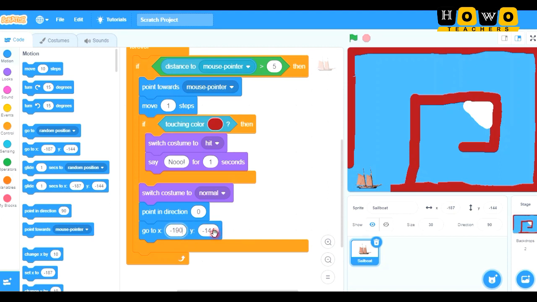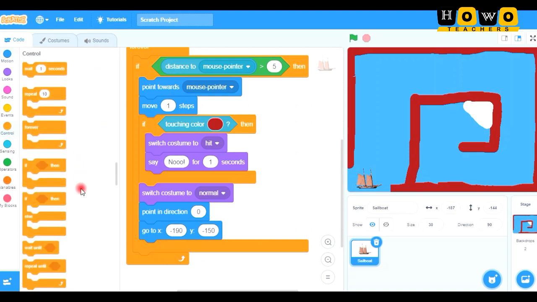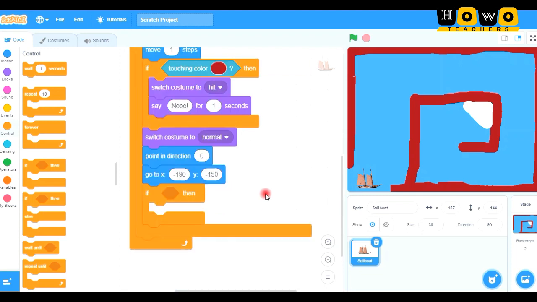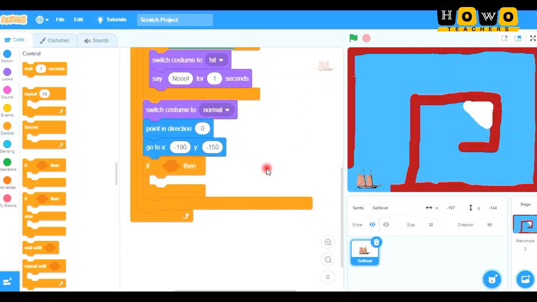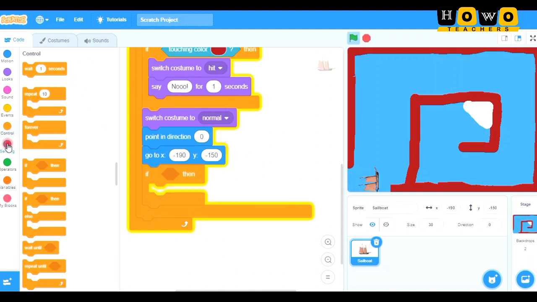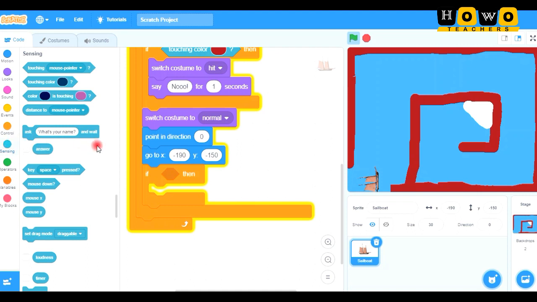See, as you are a beginner, in the beginning you will find that things are a little bit according to the game. You can change the values a little bit and see what difference comes out. All right, so next part, the last part, I need to add some more coding, and then again I need to add an if here. I told you, as we go on in the coming videos, we will be having some more difficult projects. Okay, at the sensing code block here, we will be adding if touching the color.